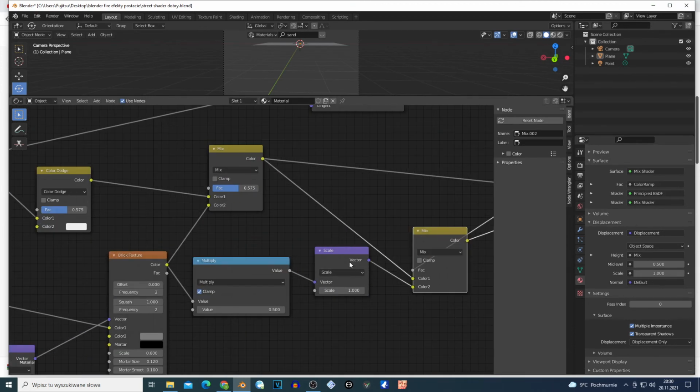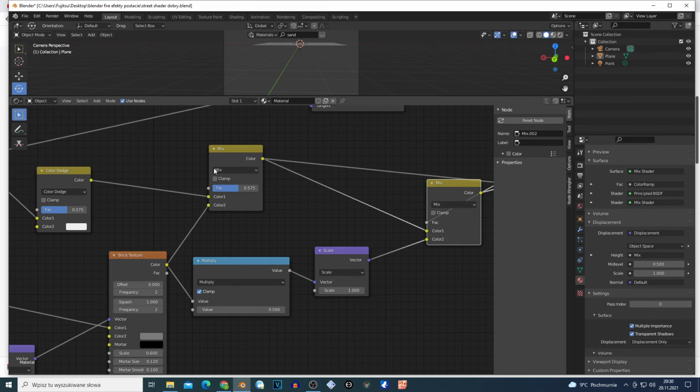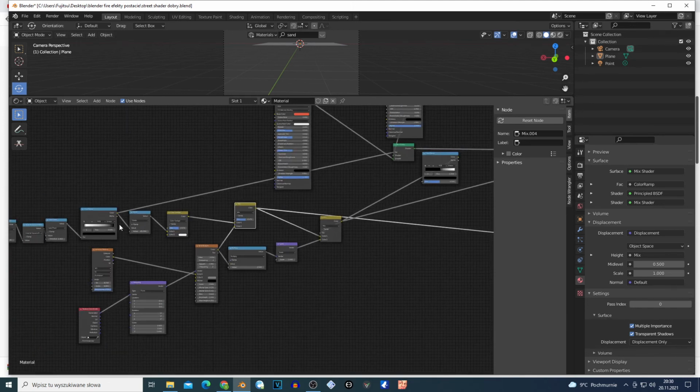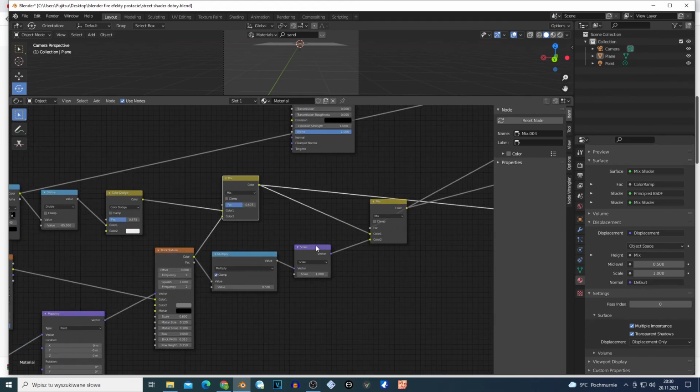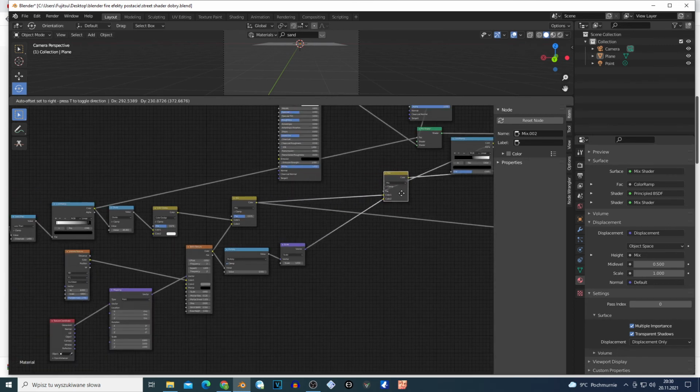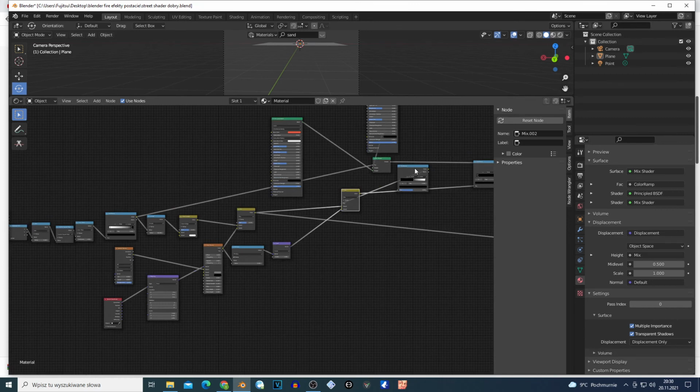And this vector math scale 1 goes to the first color on this mix RGB, and on the second color this goes mix RGB2, goes to the first color right here. We connect all this on the road and on the buildings on the first color right here, and this vector math, the scale goes to the second color. And this basically goes, this mix RGB goes to the color ramp,